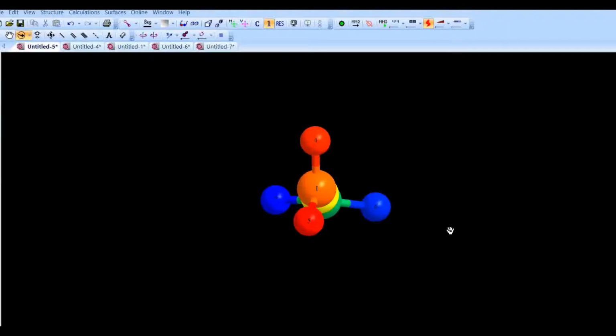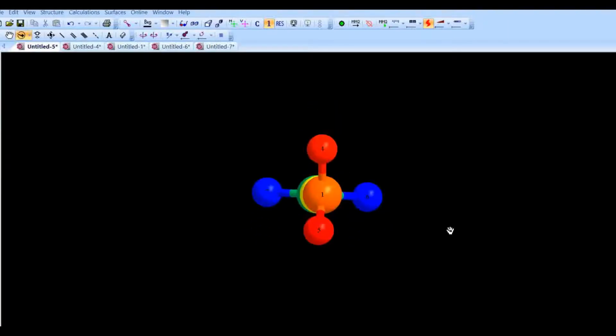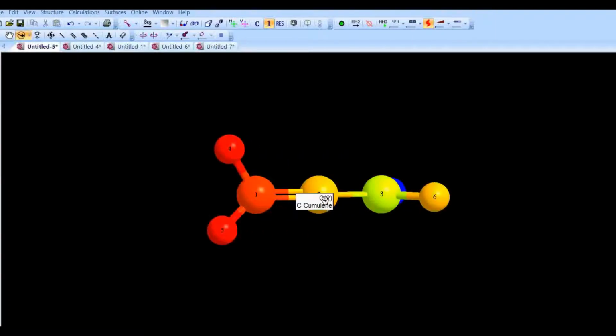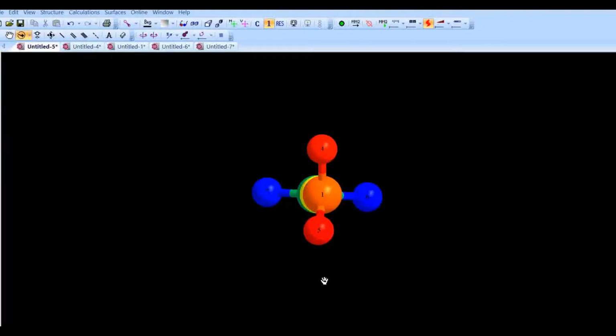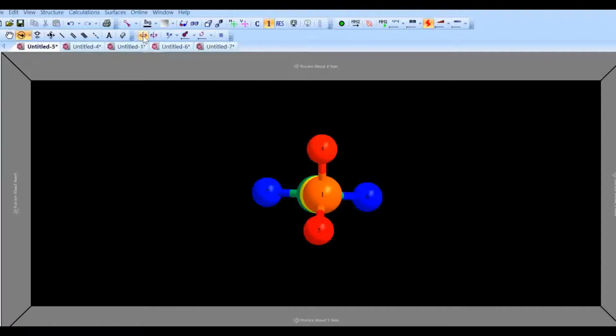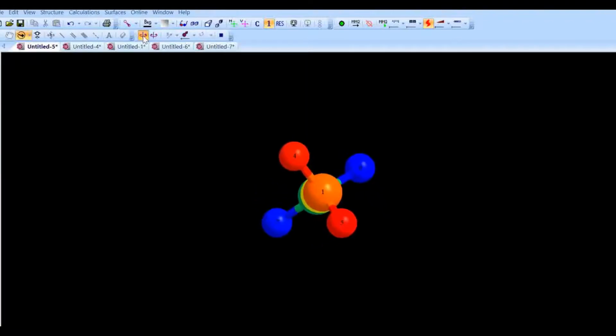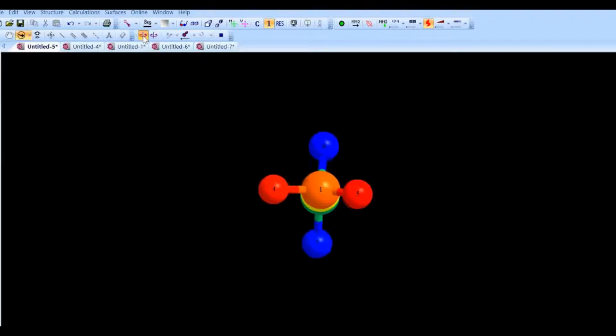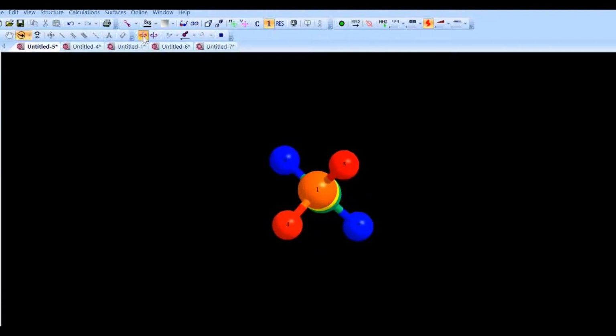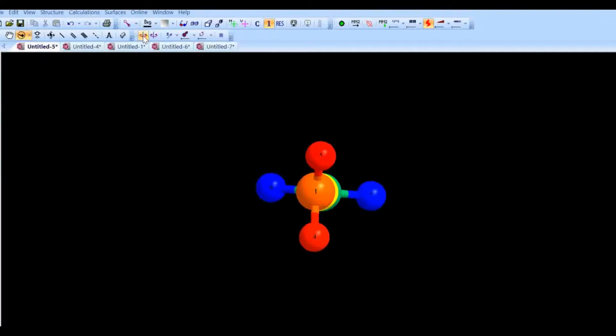Now let us see whether this molecule allene is belonging to your D and D point group or not. First of all, let us find out the principal axis. So principal axis is the axis passing through carbon atom number 1, 2 and 3, which is like this. And you can see when I rotate, then at an angle of 180, the appearance remains same. So the principal axis is your C2 axis.